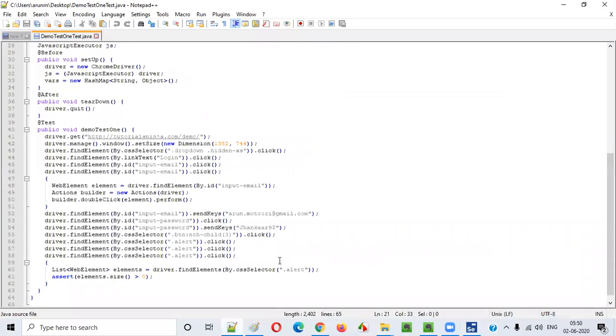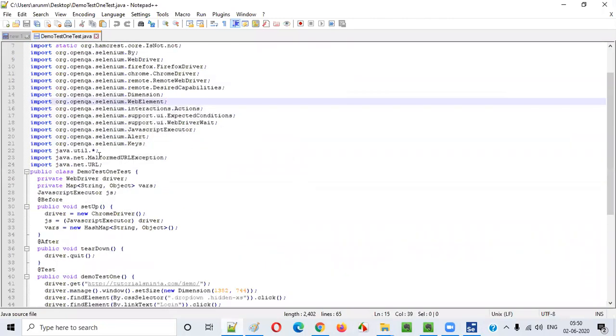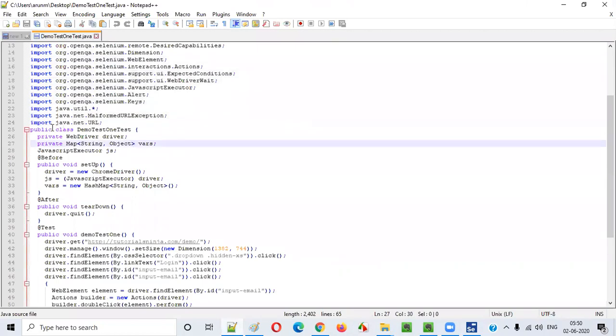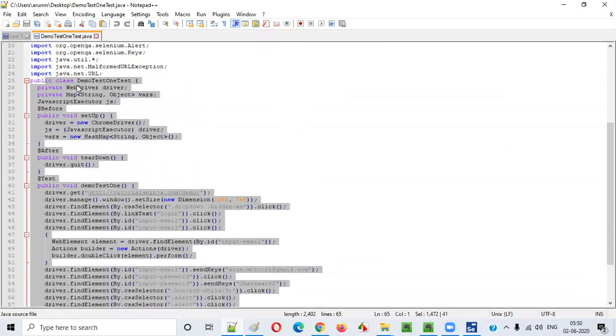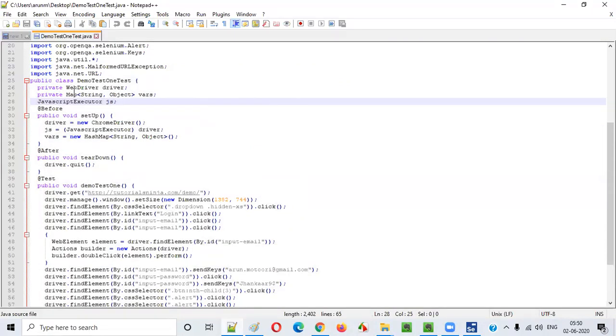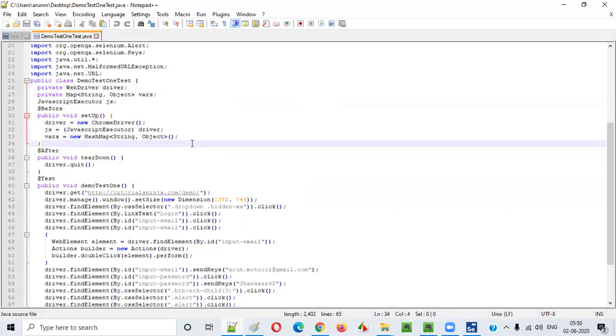So here I opened the Notepad++. As you can see, there is a lot of code here. It looks complex, but it's very easy, guys. I'll make it easy in the upcoming videos anyhow. As you can see, there is a class. This is all the Java code, guys, Java code along with the Selenium WebDriver API together. So inside the Java code, we are going to see some API commands. You don't have to understand it right away. I'm just giving a high level walkthrough so that you have something in your mind about what you're going to learn in the upcoming videos. There are some methods inside this.